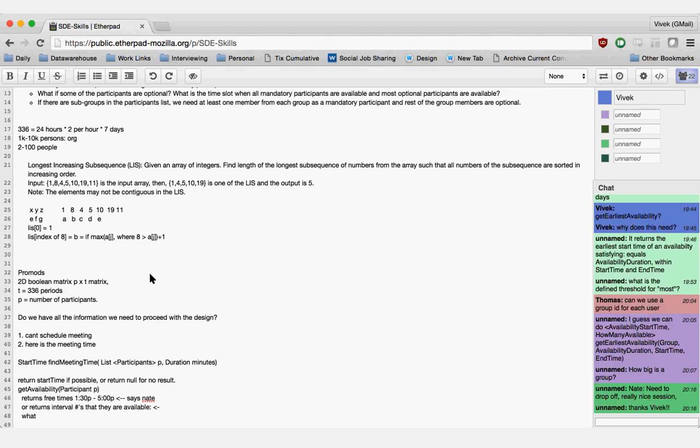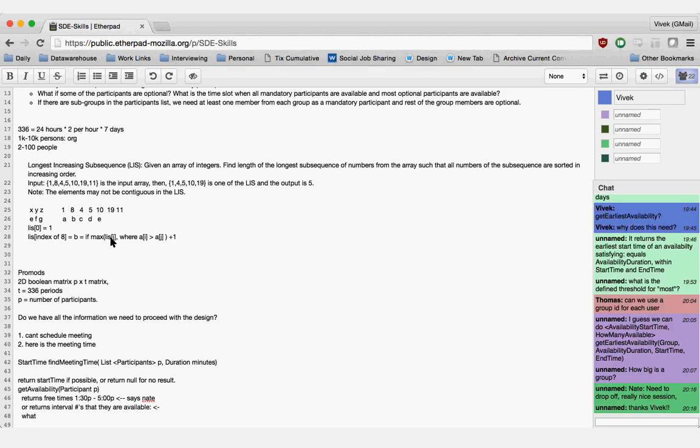So it's actually max of A of J, where the 8, which is basically A of I, is greater than A of J, and then plus 1. Yeah, you're right. Yeah, correct. And it's not max of A of J; it's max of LIS of J. Yes, LIS of J. Right? Yeah, you're right. Will that work all the time?